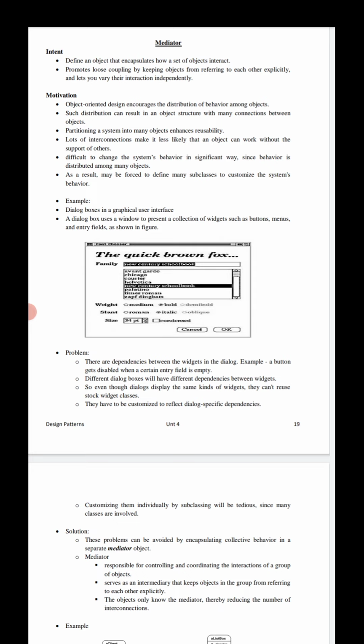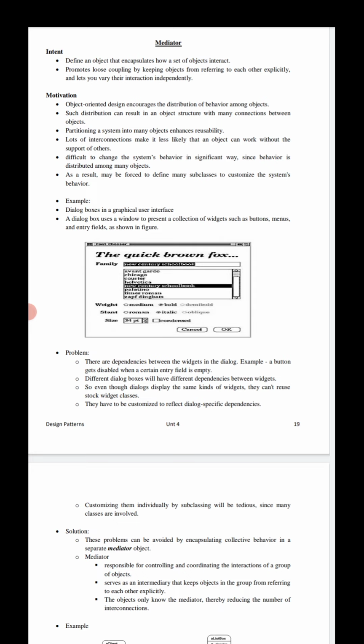As the name itself says, mediator, this pattern provides a mediator class which normally handles all the communication between different classes, and supports easy maintainability of the code,